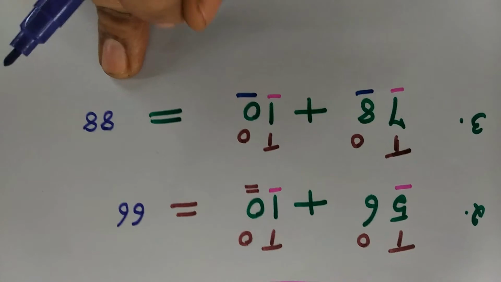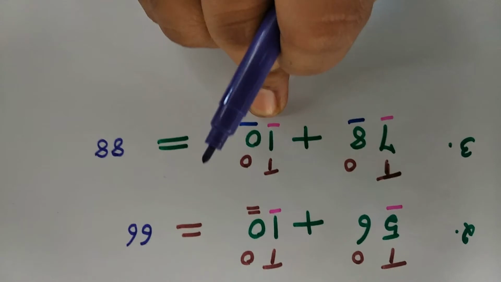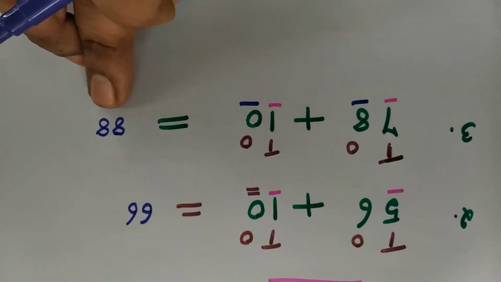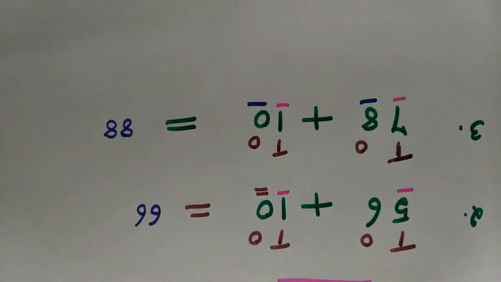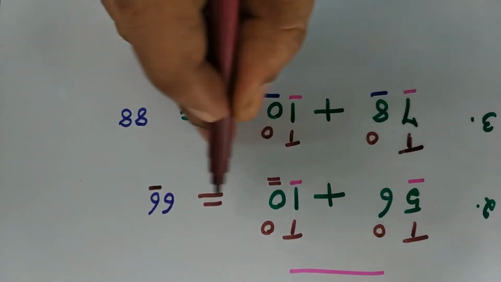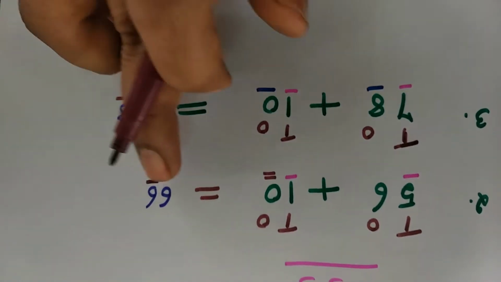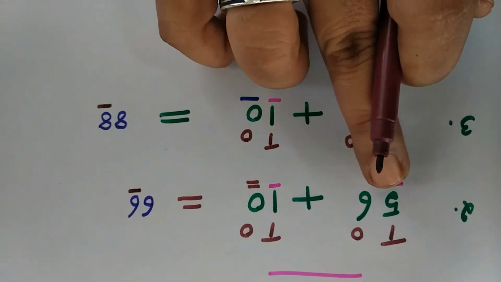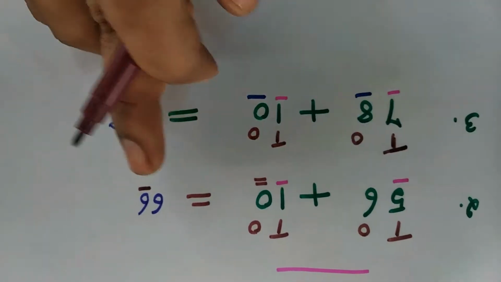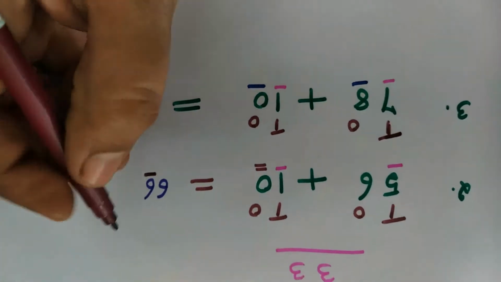88. Okay. So whenever you are adding any number with the number 10, you want to add only tens place. Ones place will remain same. See, for this sum also ones place remains same, and for the third sum also ones place remains same. Only tens place it has changed. See here 56, 5 is there. If you add 1 tens along with this, we will get 6. Okay, so 6 tens we will be getting.